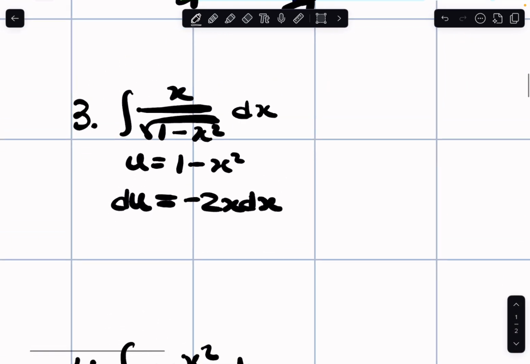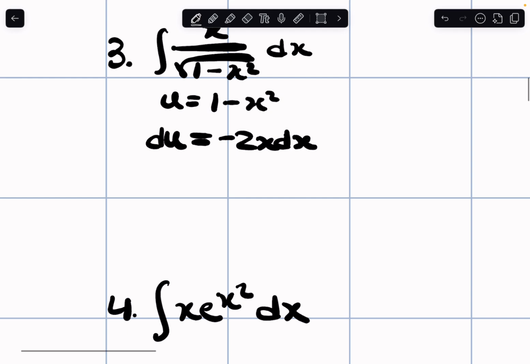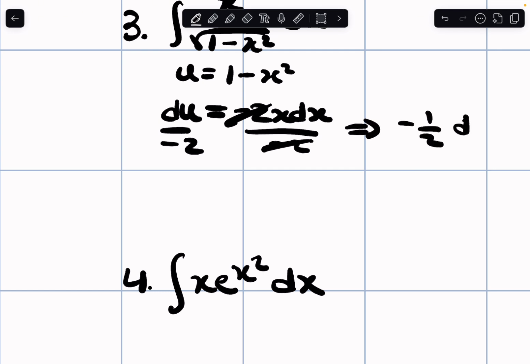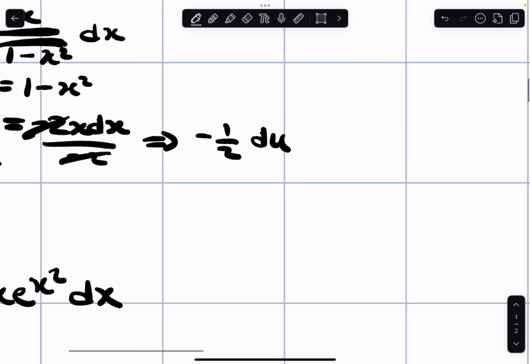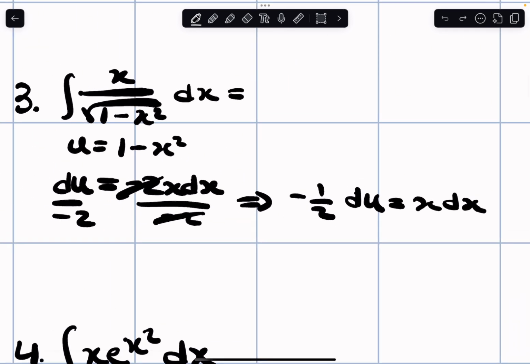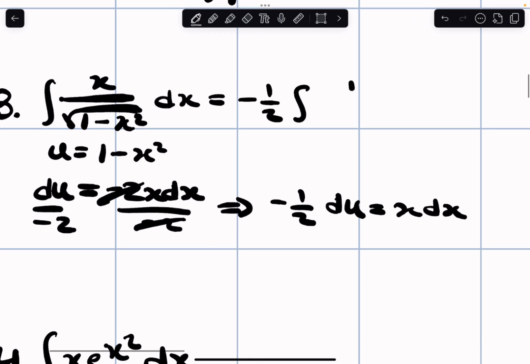Right. So same case as the previous problem. Since it differs by a constant, like I said at the beginning of the video, you have to divide by that constant. So it's going to be -2. So there we go. And then -1/2 du is going to be equal to x dx. Okay. So now we can rewrite it. Remember, this is a constant, so we can take it out. And then we will have du on the top,